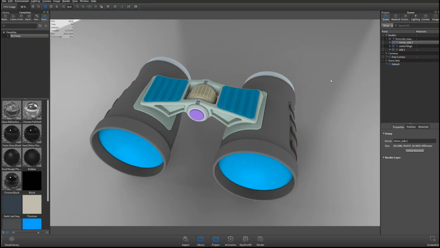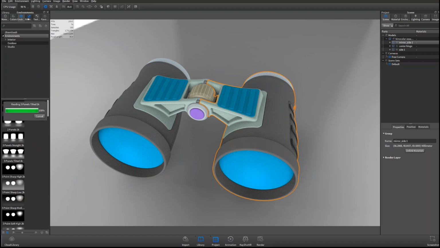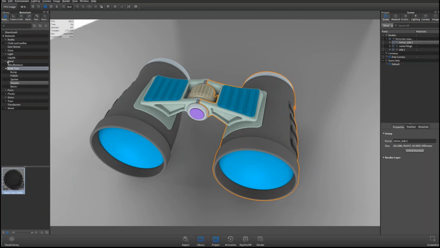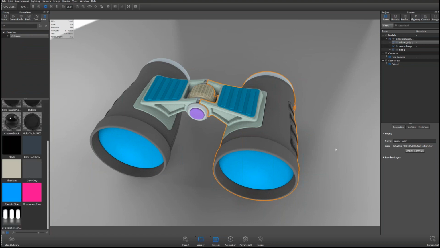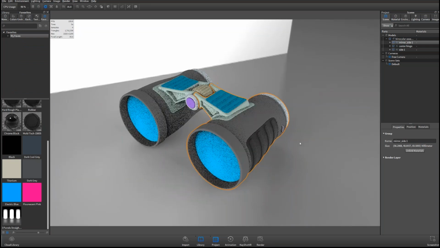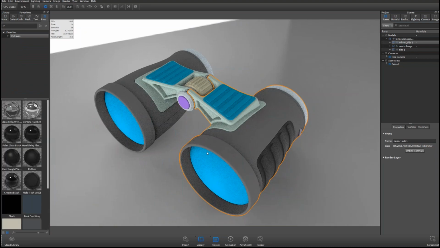If you've never seen the favorites tab in KeyShot 5 and you're wondering what I'm talking about, well, any of these assets here within the KeyShot library, environments, textures, materials, any of these, I can just select any single asset like a material, right click it, and I can add it to a favorites group, right? So now that Moldtec material is here and part of my faves group, and I've got colors in there and environments and different things like that, right? So that's an existing feature, but if you've never used favorites and you find yourself using the same materials over and over, definitely take a look at that. All right, so let's go ahead and just apply some quick materials here.